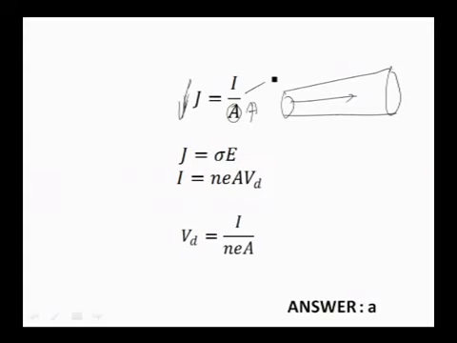Decreases. Okay, one: here, current density decreases, electric field decreases. Here, this is Vd, drift velocity. Drift velocity and area are inversely related. If area increases,